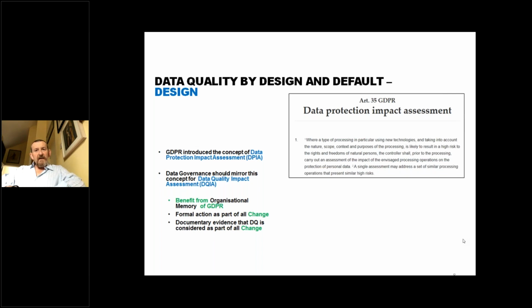So the DQIA to me is a very strong artifact, a very strong mentality to bring to change. It demands that people go out of their way to explicitly consider data quality and design more and more things, belts and braces, into change to try and raise the data quality bar. So again, as I keep mentioning, because the DPIA is alive, it's real, people know it, leverage that and mirror it and do exactly the same thing for data quality and call it a DQIA. That is my proposal, or my suggestion.